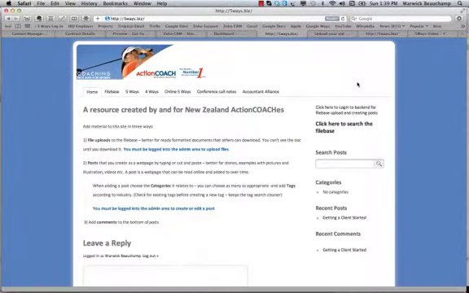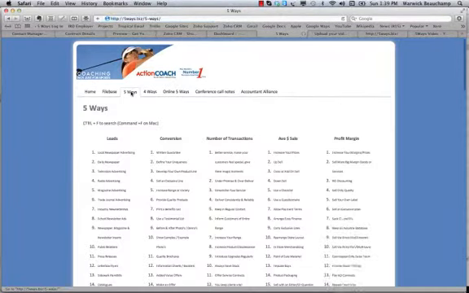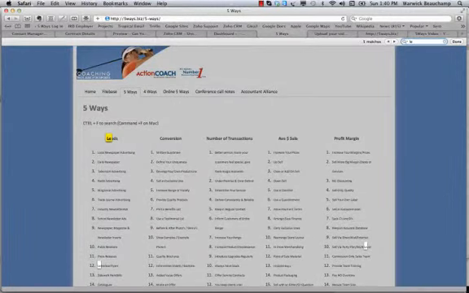The first thing I want to do is decide which 5-ways category to put it in, and my guess is that it's probably conversion rate. I'm going to click on the 5-ways tab there, and here comes up the whole list of 5-ways. Now I'm not sure which one it goes in, to be quite honest, so what I'm going to do is Control F, or Command F if you've got a Mac. In my browser a little search comes up here, and I'm going to type letter,